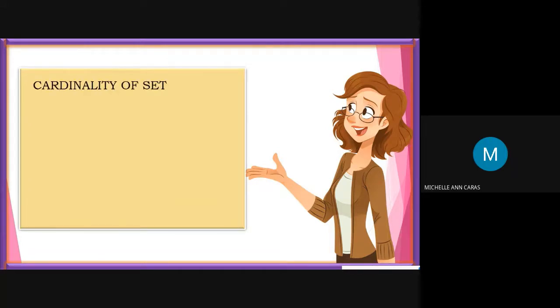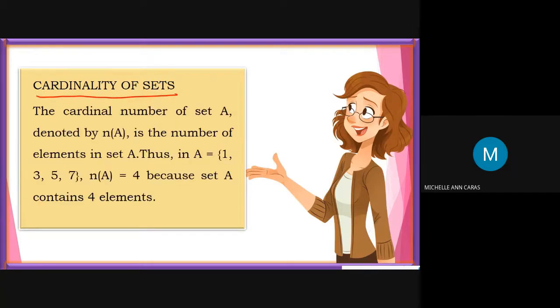Okay. So, ang next topic natin is all about cardinality of sets. Okay. So, ano ba ibig sabihin ng cardinality of sets? The cardinal number of set A, denoted by cardinality of set A, is the number of elements in set A. Okay. Number of elements in set A, thus, in A, is equal to, ang elements in set A includes 1, 3, 5, and 7. So therefore, the cardinality of set A is equal to 4 because set A contains 4